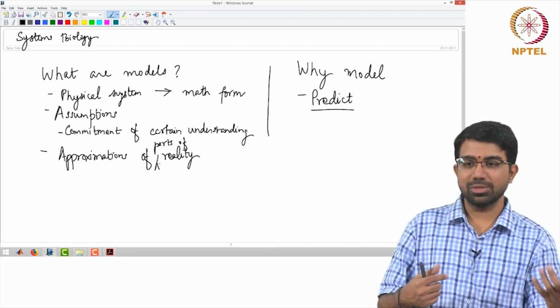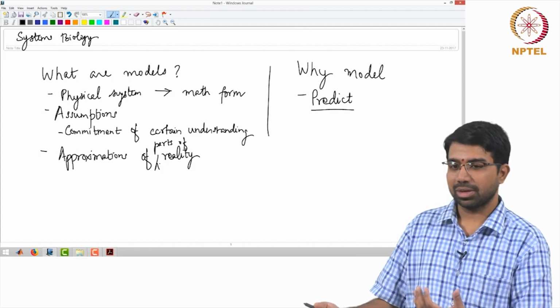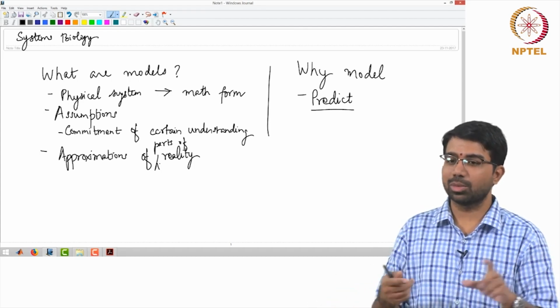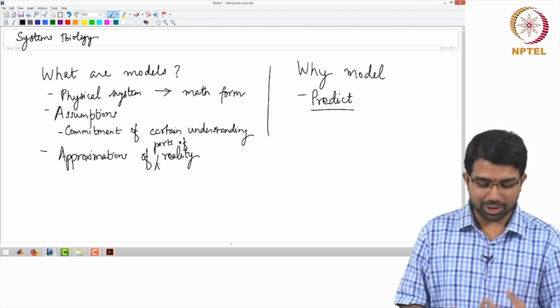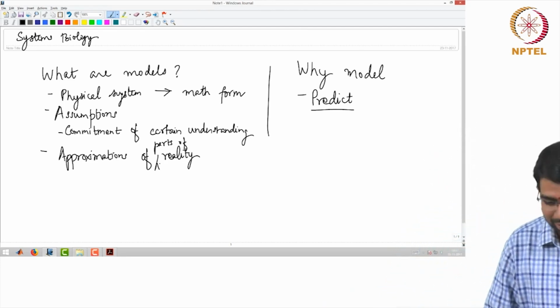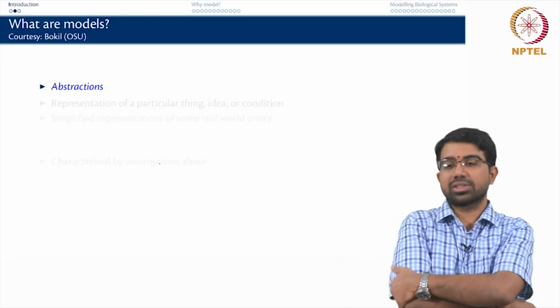How you model a system is going to be completely dictated by why you want to model it. If you want to make predictions about something, you want to have those things in the model in the first place. So, there are going to be those kinds of interesting questions that one asks. So, what are models? They are abstractions,